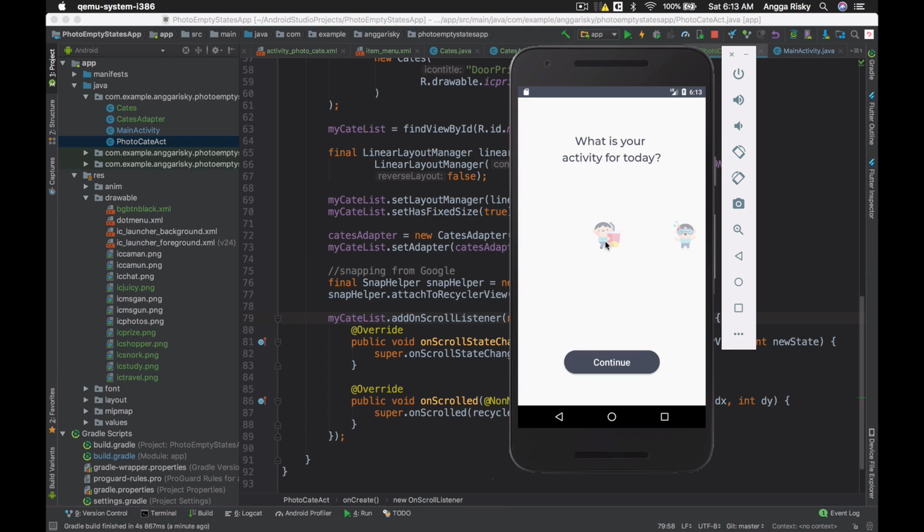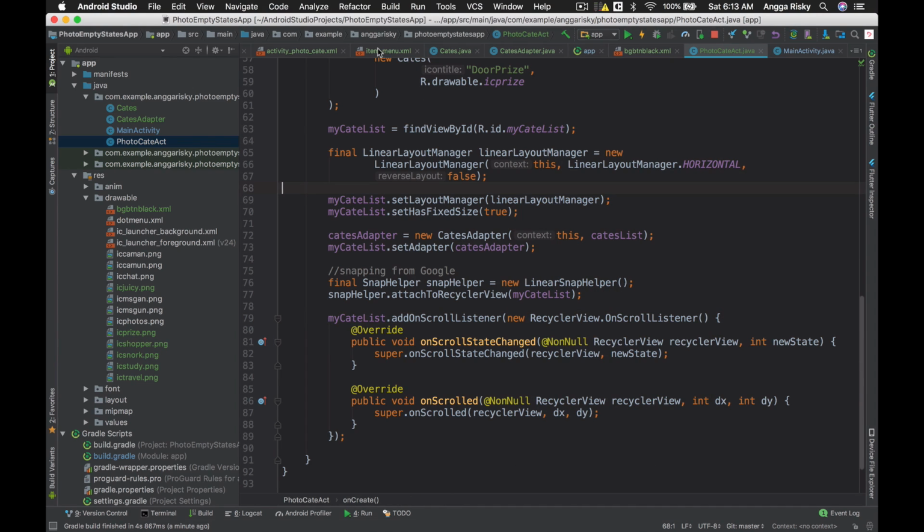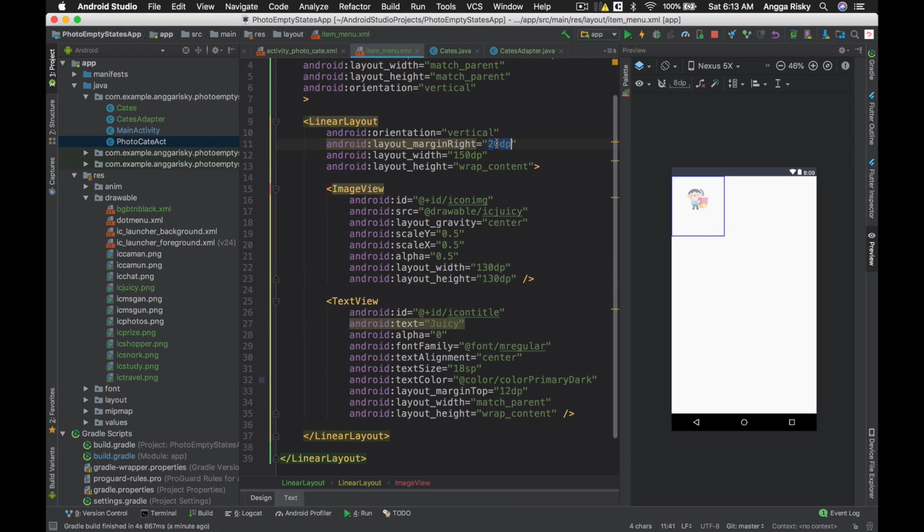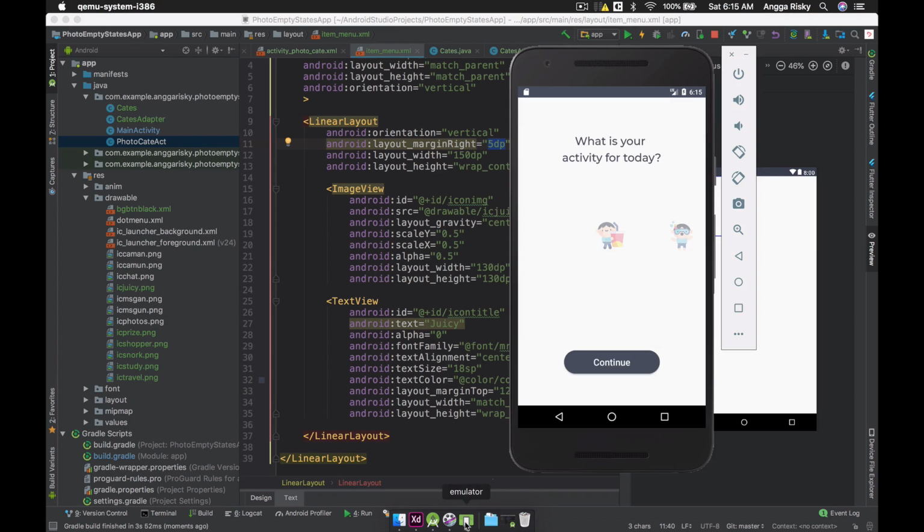So I think the margin is just so huge for the distance. So let me go back into the item menu, and we have to set the margin right here. Okay, so the margin right is only 5 density pixels like this, and then we see that if you look here, there is one item and two items, and this is supposed to be bigger, right?